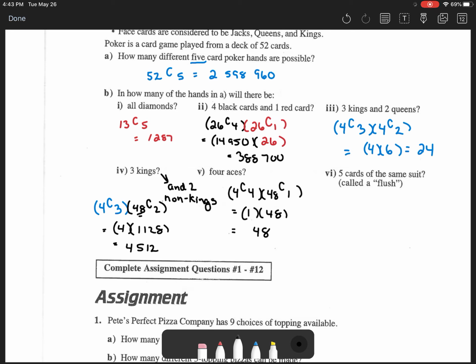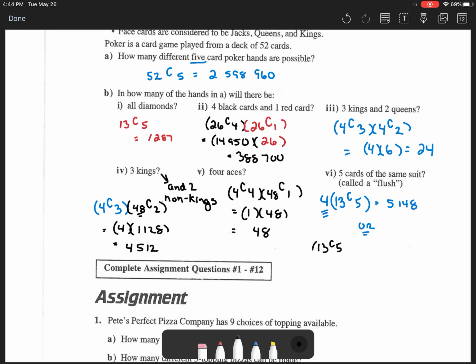Okay, last question. 5 cards all of the same suit, which they call a flush. So I want to have all hearts, all diamonds, all spades, or all clubs. Now notice I'm saying or. So in math, remember or means what? We're going to add. So I have to do the same calculation basically 4 times. Okay, and this is what I mean. So let's say that I dealt with hearts, right? So if it was hearts, there are 13 hearts and I want to choose all 5, right? So I can do that with the hearts, I can do that with the clubs, the diamonds, or the spades. So it's the same calculation 4 times. So you just go 13 choose 5 times 4, okay, and that will give you